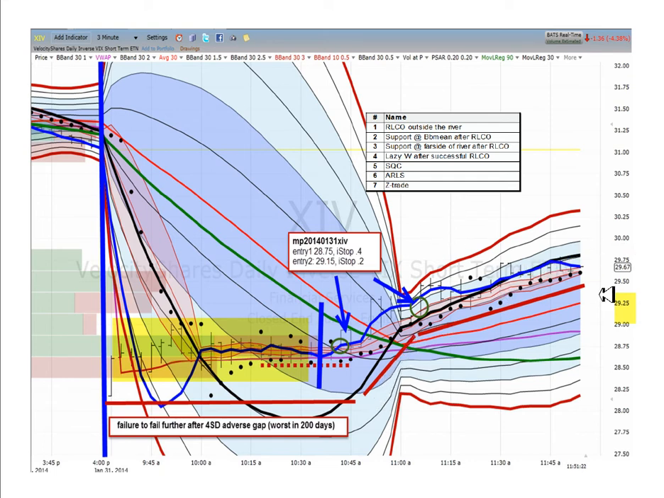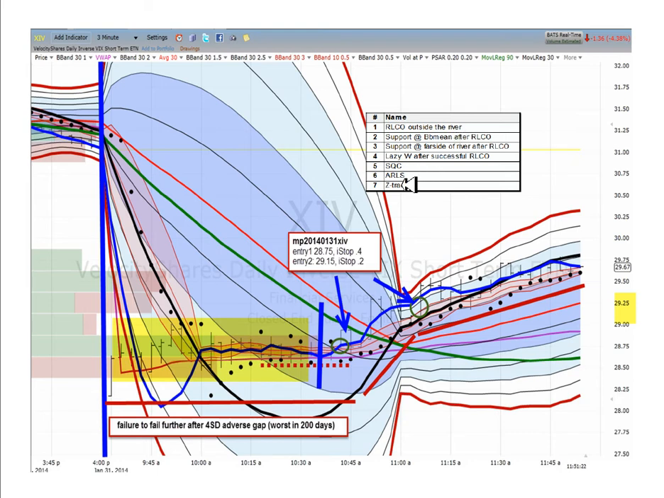And then I'm going to use this red line here just below the parabolic stop and reverse signals. So this one would be, in my view, a 5, a sideways quiet channel. I also see this as support at the edge of the river after a successful RLCO. So that could also be